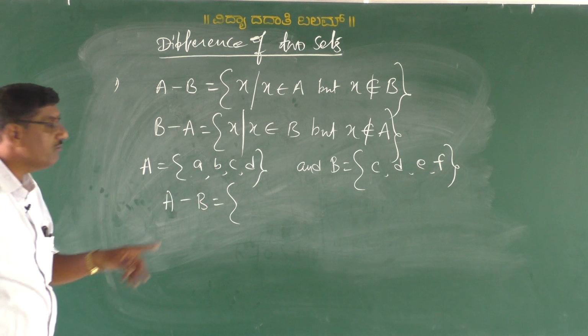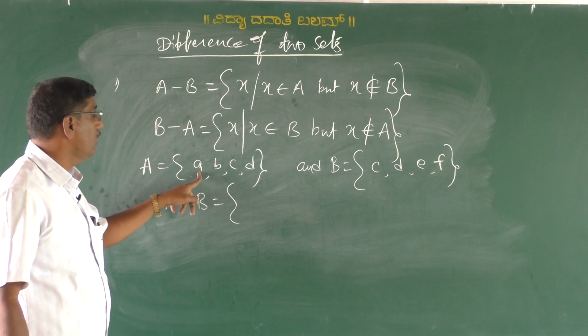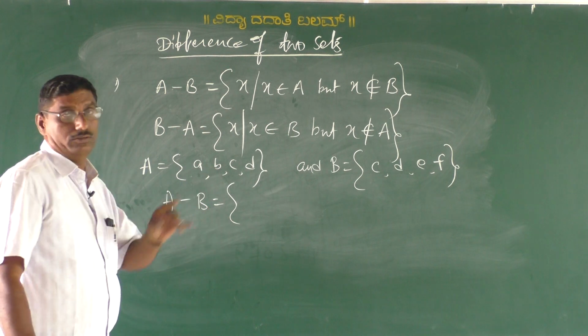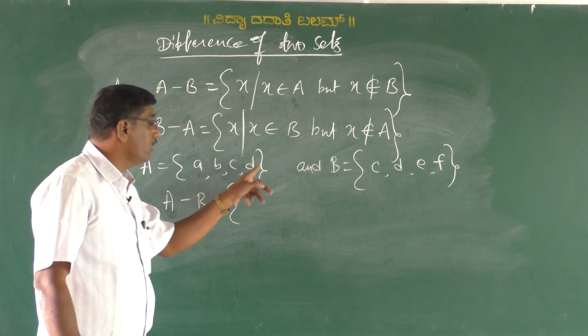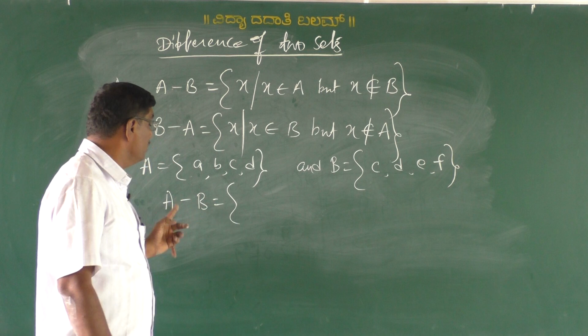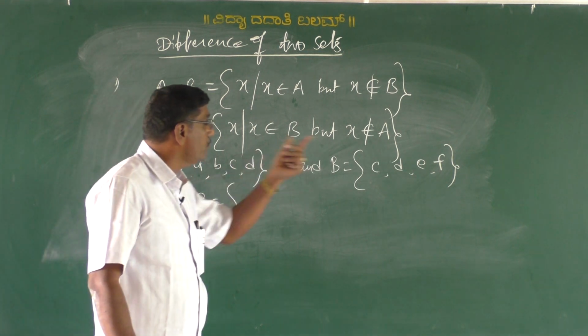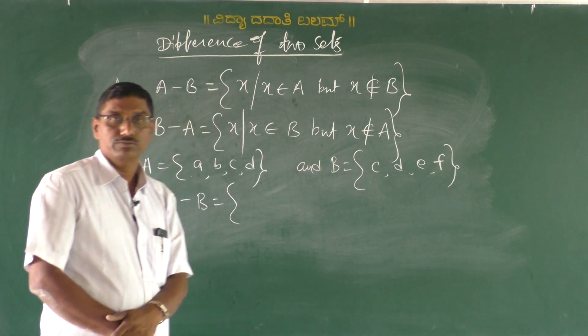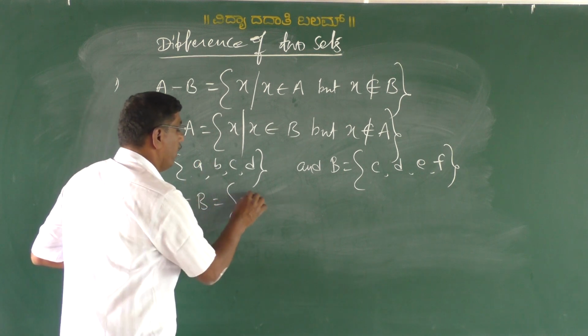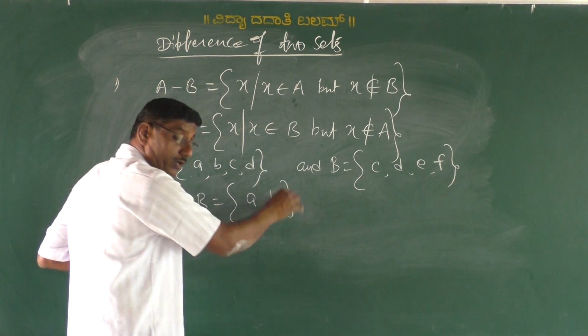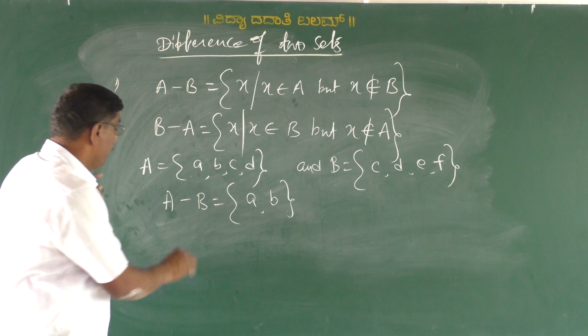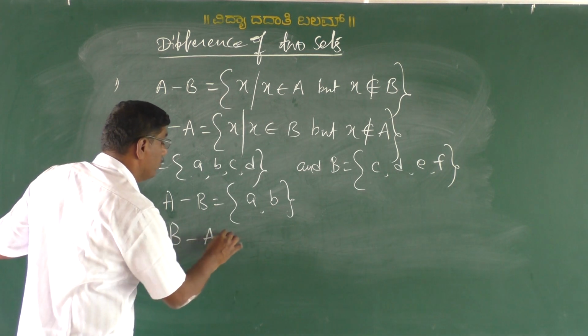What are the elements of A only here? That is A and B, that's all. But C and D do not belong to A minus B, because these elements are present in B. That is only A, B. Are you understood? And B minus A is equal to,